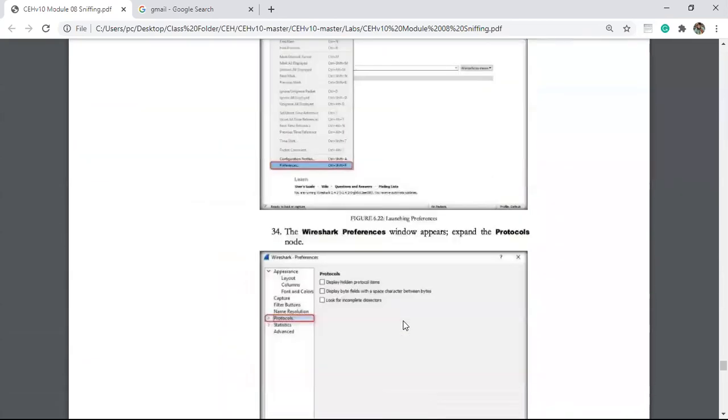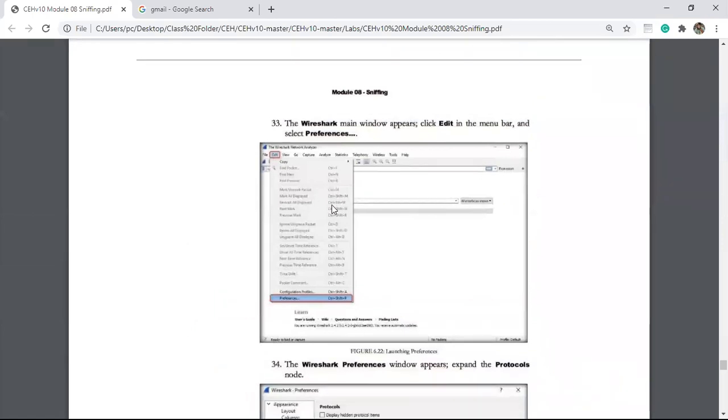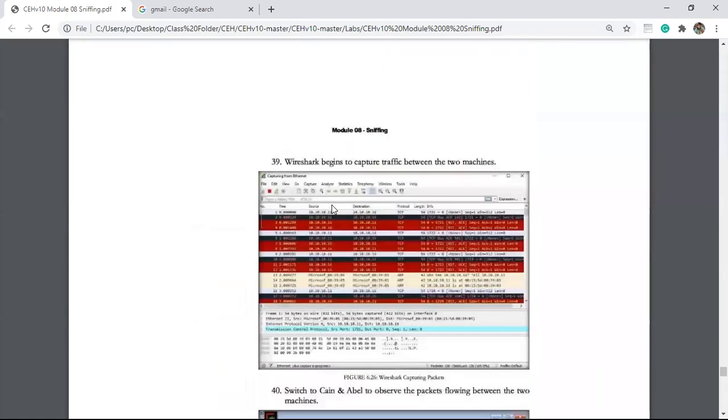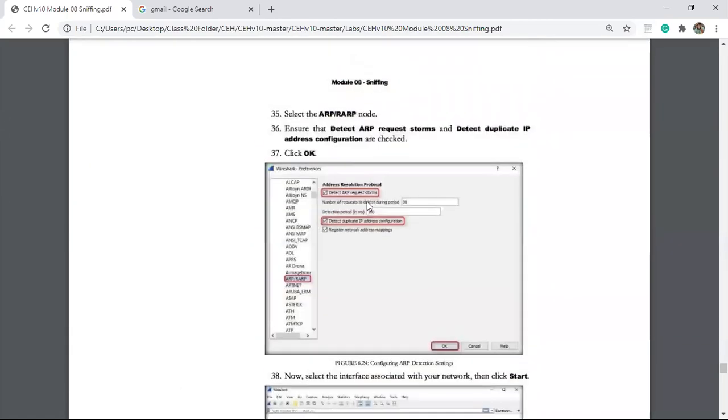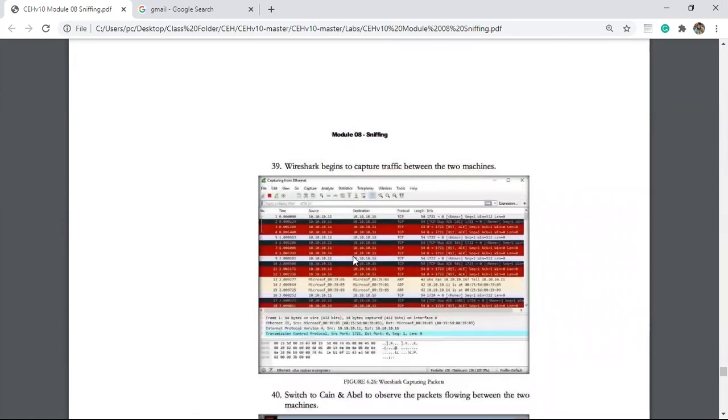After sending the packets, let us start Wireshark to capture the packets. Now, in Wireshark, we have an option for ARP RARP detection. If we check this and click OK, it will start scanning the network, and if it is able to find the ARP poisoning, then you can see here that the connections are being poisoned by someone sitting in the network. You can see the red one here.